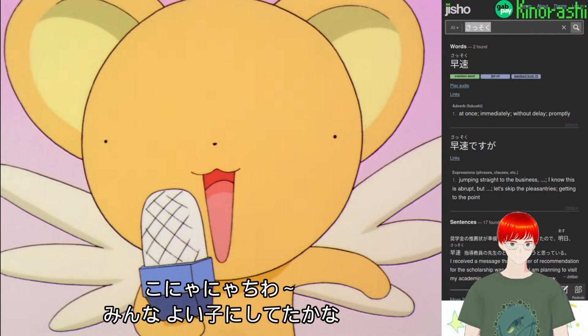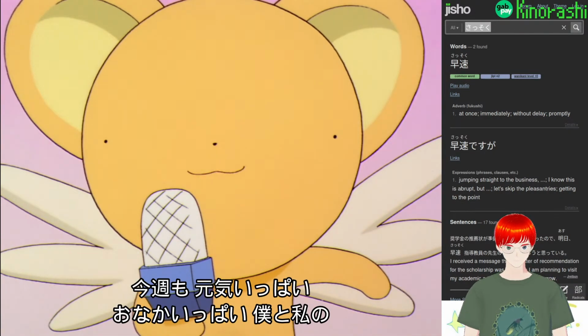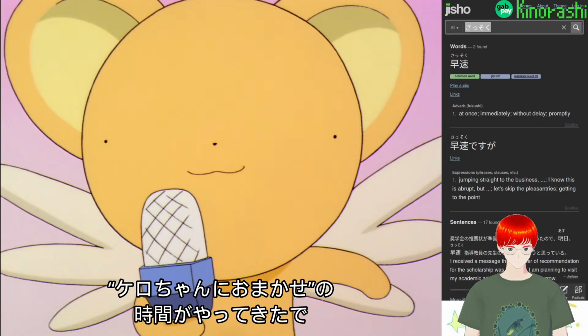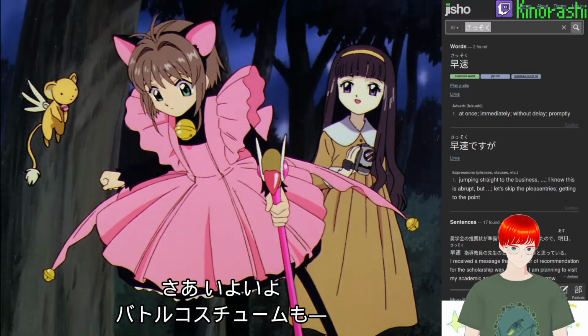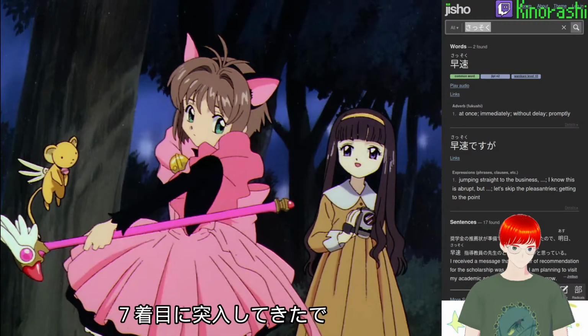今週も元気いっぱいお腹いっぱい僕と私のケロちゃんにお任せの時間がやってきたで。今日も早速行ってみようか。さあいよいよバトルコスチュームも7